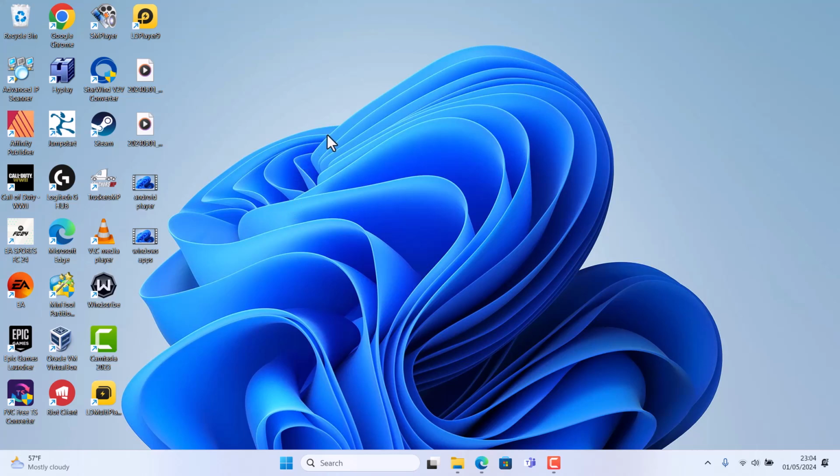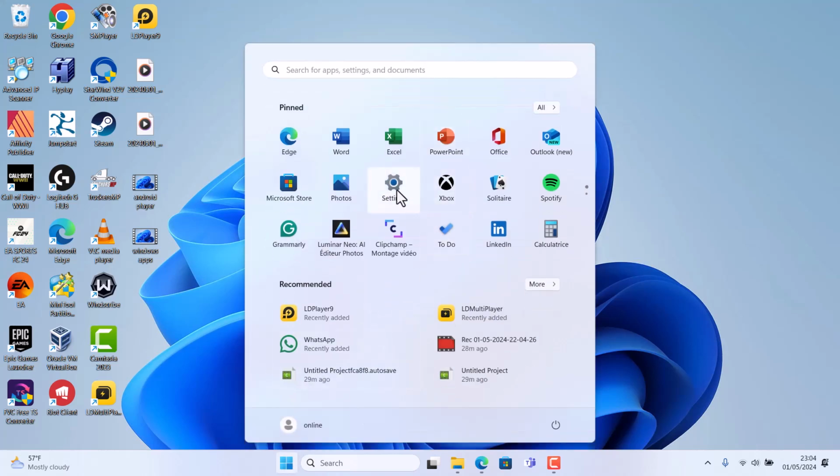When you close it, everything gets erased. It doesn't save anything. So to install it, just go and click on start, look for settings,